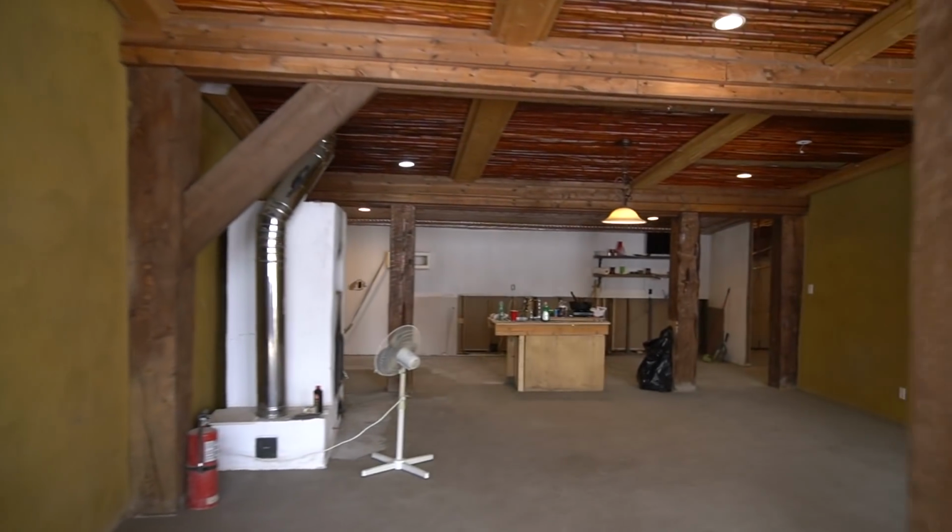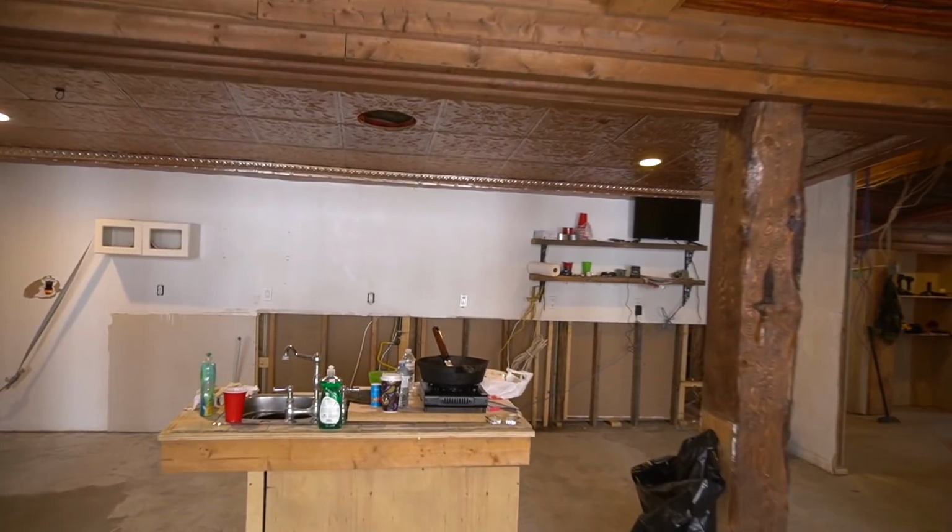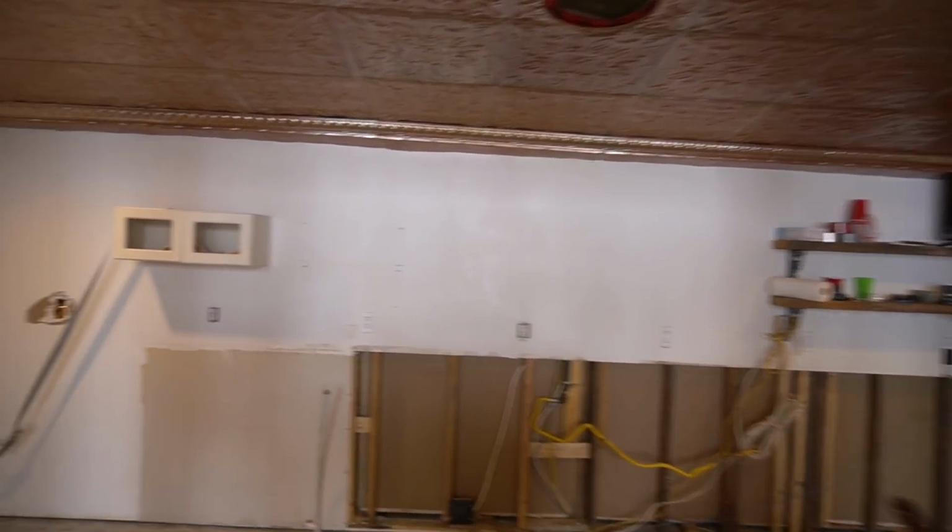Anyhow, heading on through the house, this is where I cook my bacon and eggs on the counter. In here,